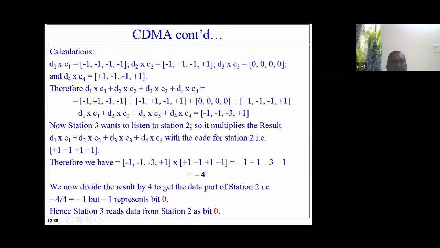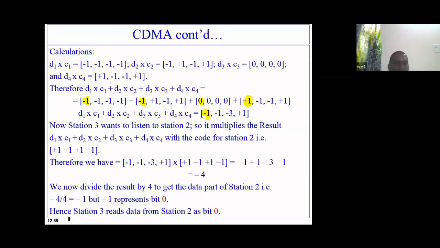So when you add, if I take the first element as minus 1 of all the numbers, and this is 0, and this is plus 1, I'll be getting minus 1 and plus 0. So minus 2 plus 0 is minus 2, plus 1 is minus 1. So here I have got the result as minus 1.